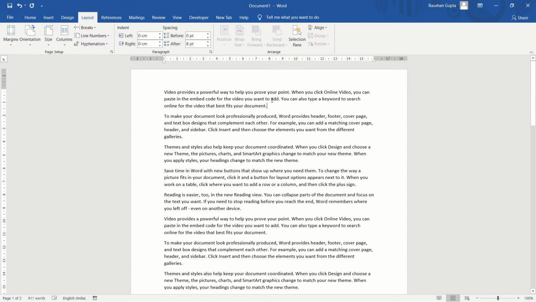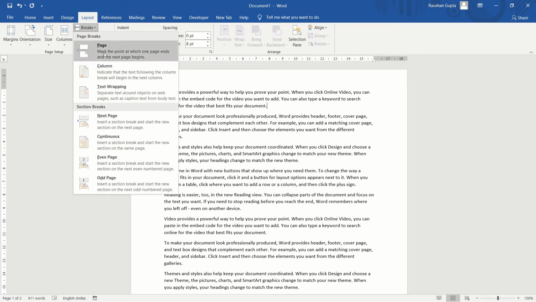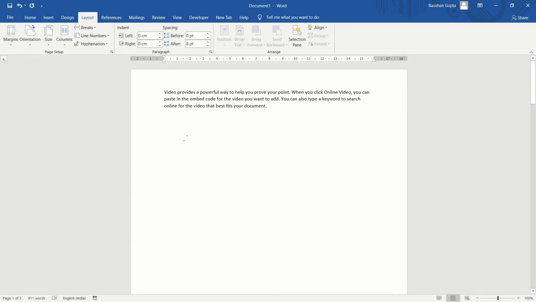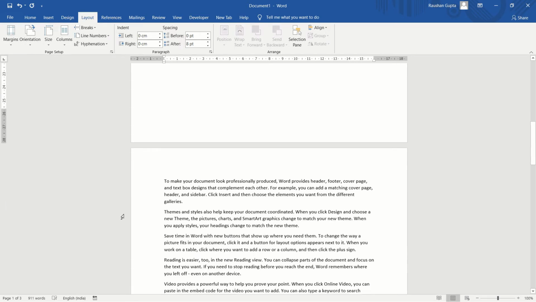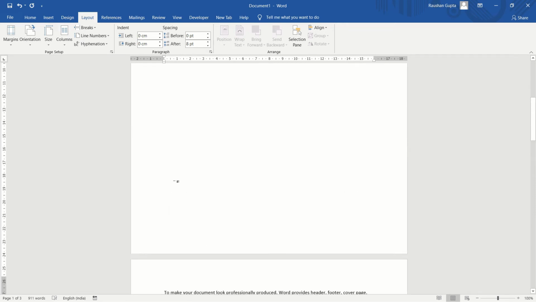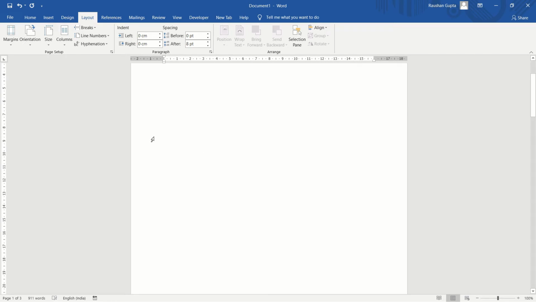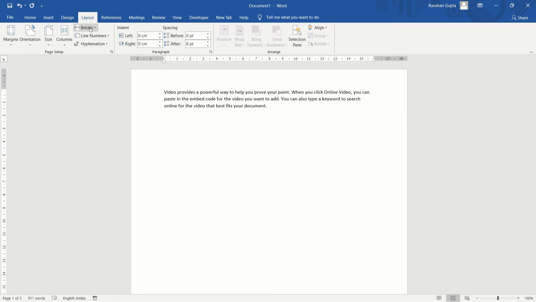Then you have to click at the end of the paragraph, go to Break, and use this. Whatever your requirement is, you can click on it and create the break in the document. You can see that after the paragraph a new page has started, and the whole document which was after this paragraph has gone to the next page. So this was the use of break.